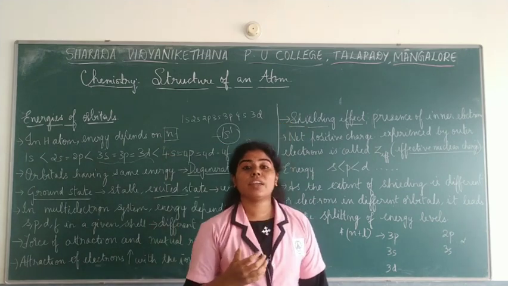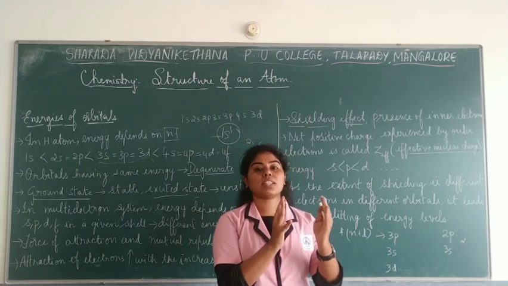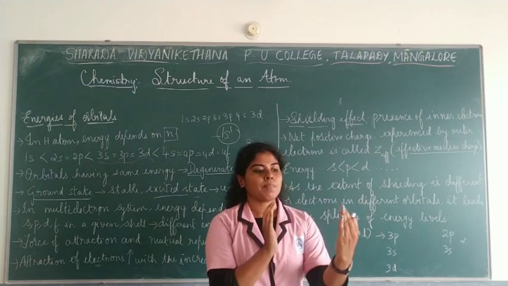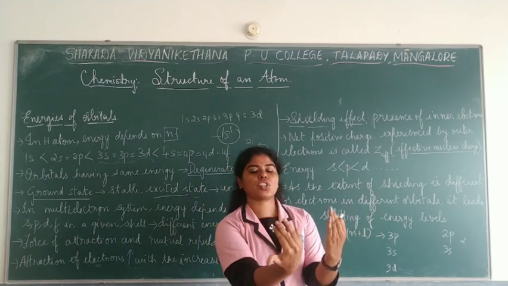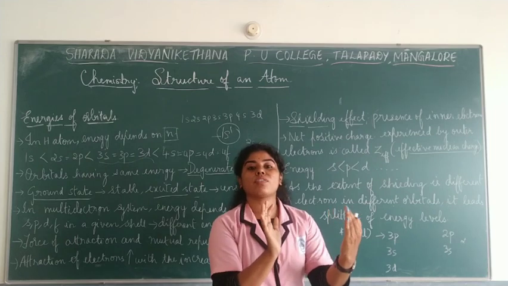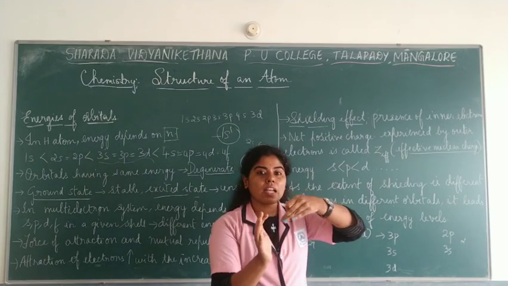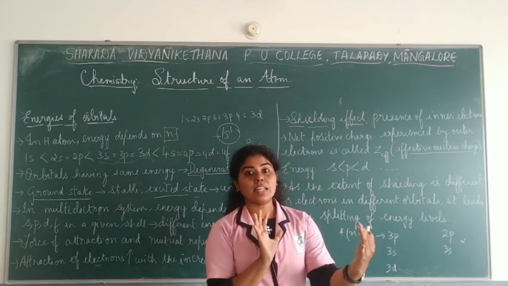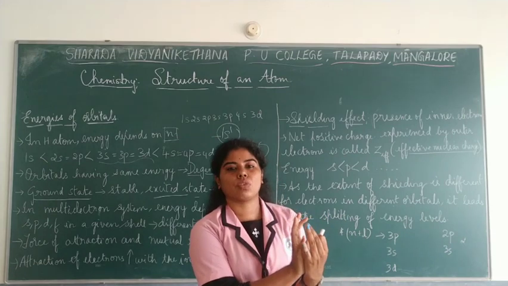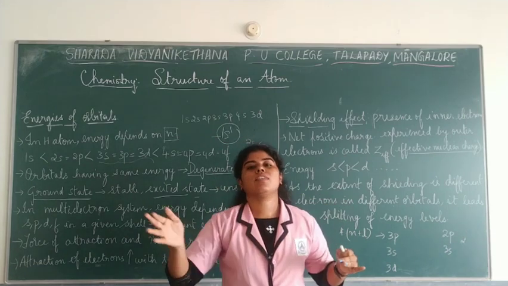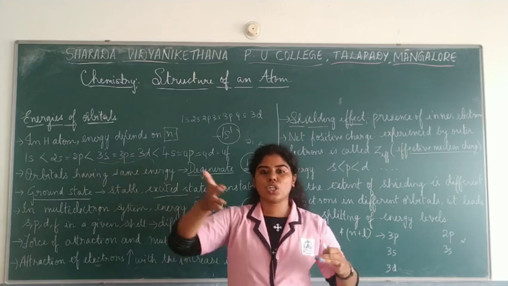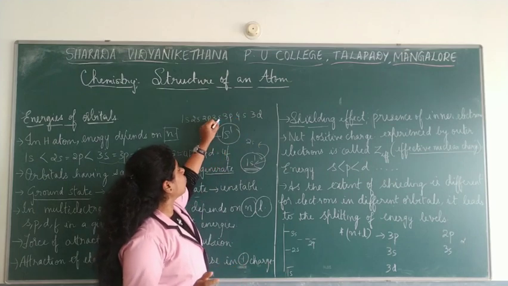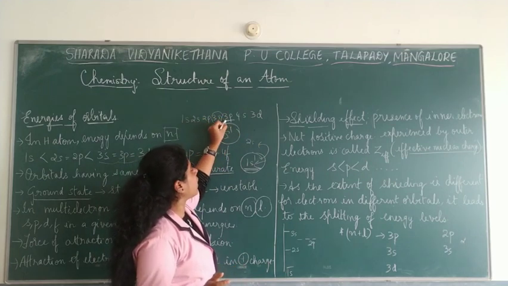Now what do you mean by the shielding effect? I have told it in the first chapter. When the electrons try attracting the nucleus, the inner electrons are protecting the outer ones from attracting the nucleus. There are inner electrons, so they are shielding. So what happens to the force of attraction? It decreases. Inner electrons are strongly attracted to the nucleus, whereas the outer electrons are far away. So what happens to the energy too? It keeps on increasing.